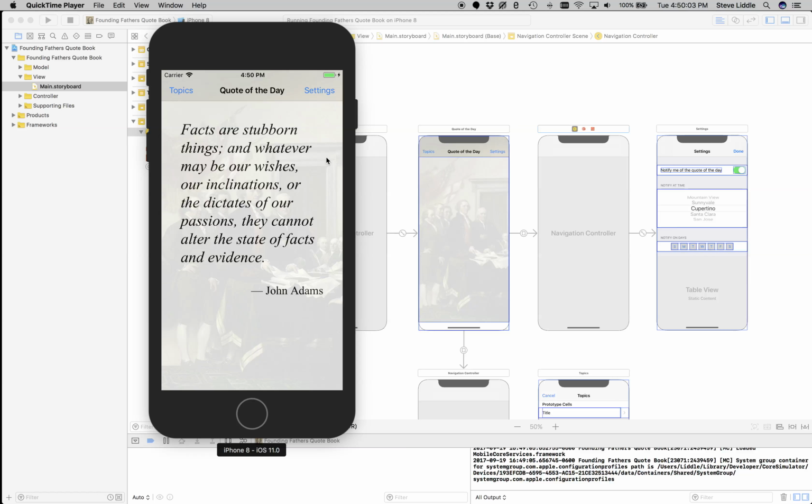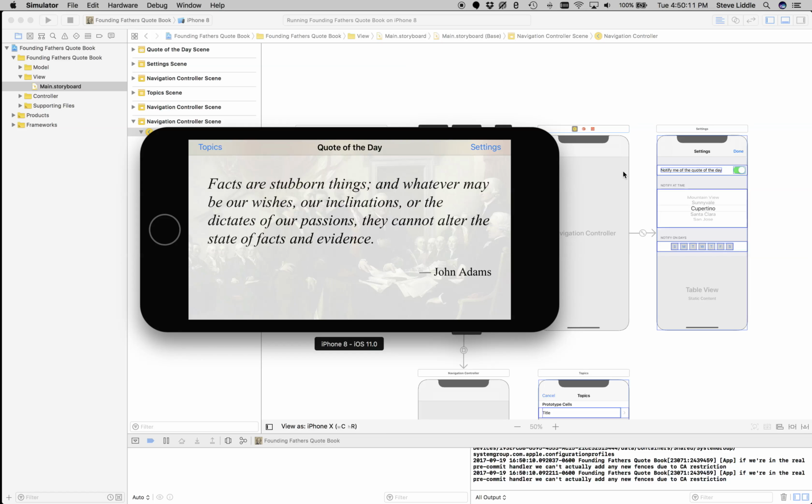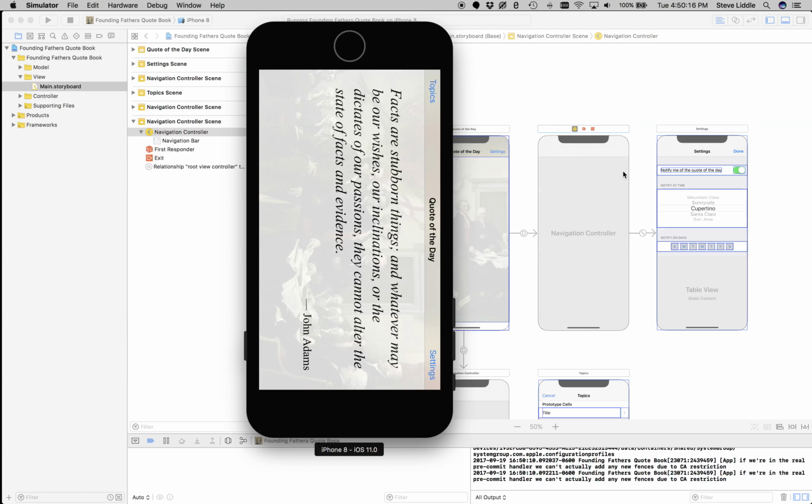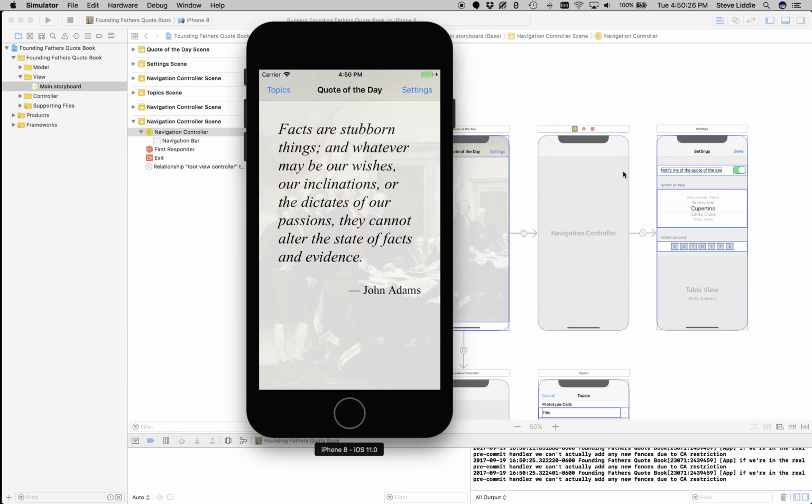As I run the Founding Fathers Quotebook app, there is one thing that I'm noticing that I'm not totally happy about. Watch what happens when I rotate the screen. So landscape, everything looks great. So I'm going to rotate to the right again. Watch that home button. See the home button's on top? It's upside down portrait and it's not rotating. So if I rotate again to the right, yeah, it rotates to the other landscape, and portrait right side up